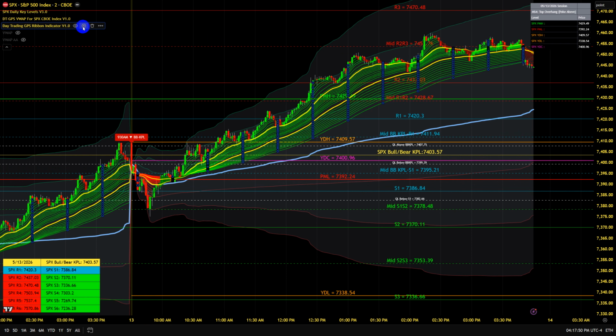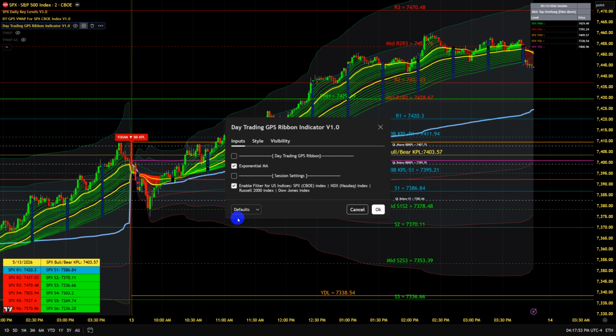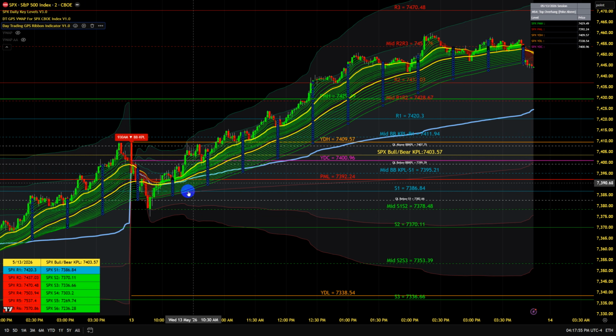Whereas if we turn the filter off, you can see here that you would have a conflict. So you would not enter into this bearish trade here because the ribbon is partially green and partially red. And as you can see here, we have this overhang from the previous day. And then the ribbon doesn't turn red till it gets down here, finally on this candle. However, this would still be a bad entry here because of the fact that it does reverse right here. Whereas if you have the filter on,